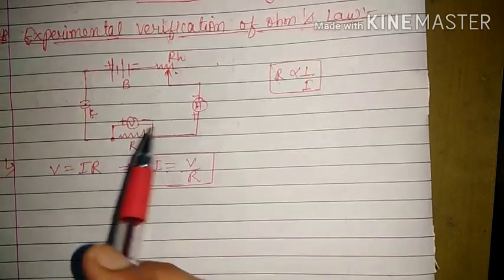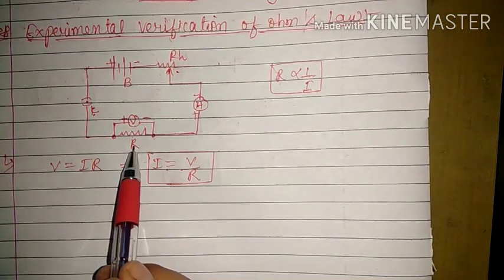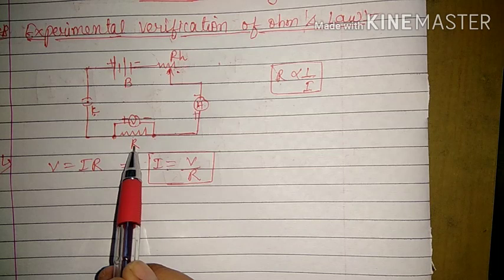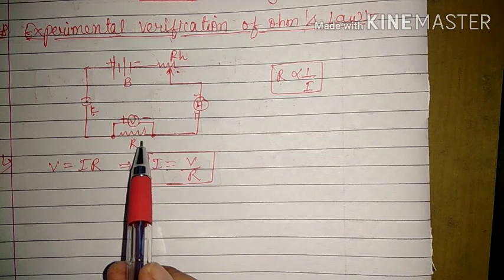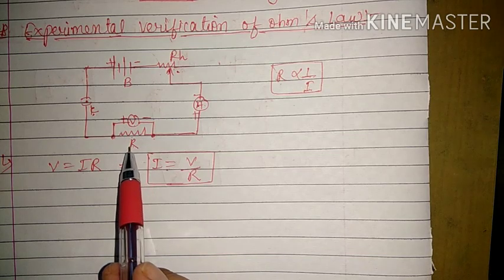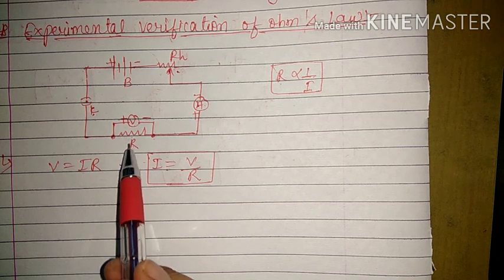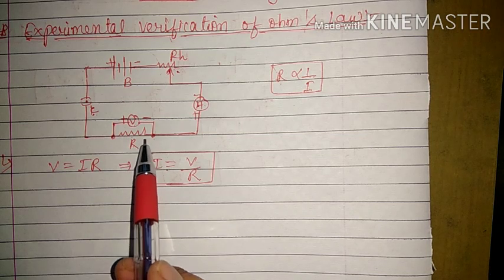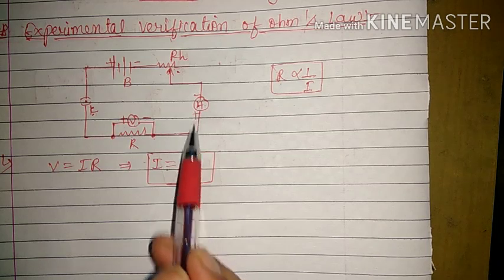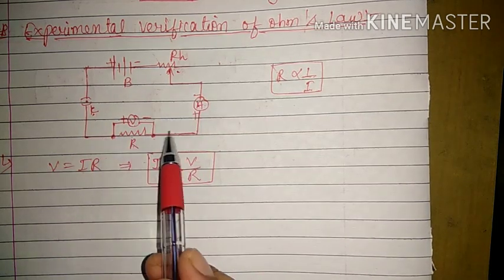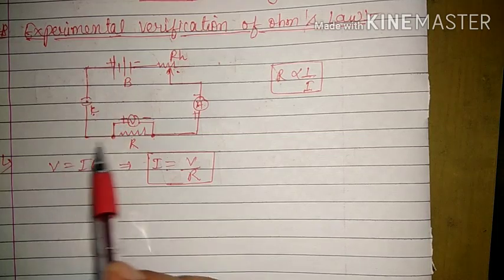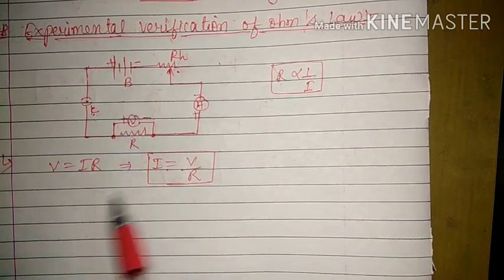Next thing is this resistance. Here we have connected a nichrome wire. We can connect any other conducting wire also, as well as any electric device. But right now we are not using a device, we are doing just one experiment. So we have kept a simple metallic wire. This is another wire and this is another wire, but it should be conducting so that the current can pass from one point to another point.